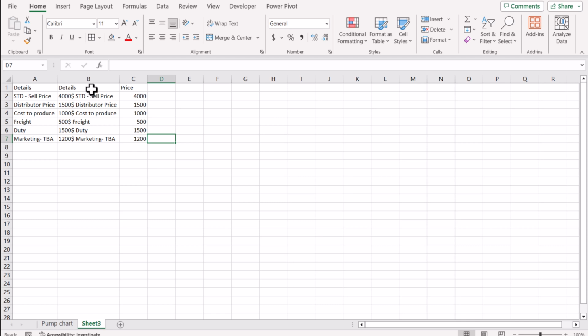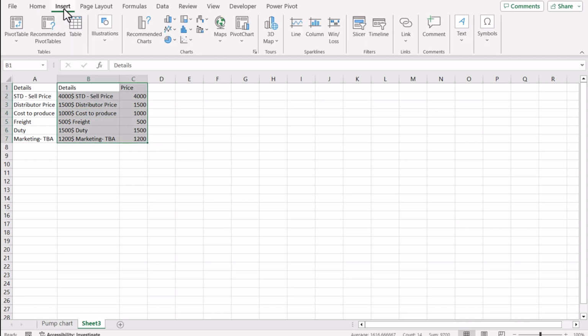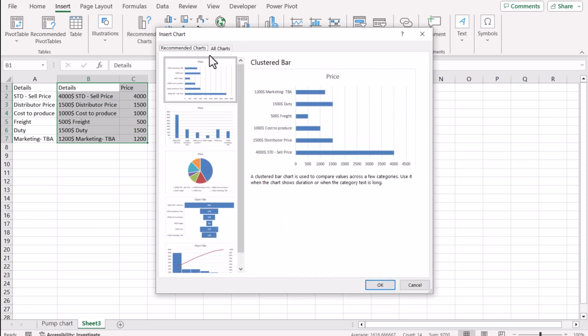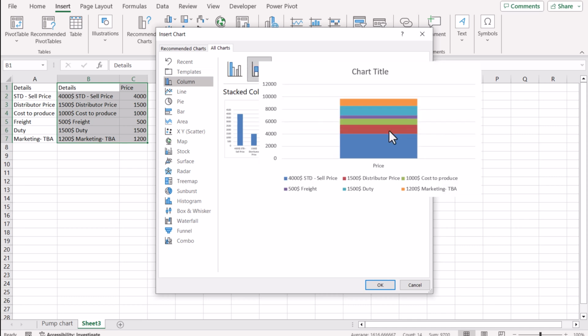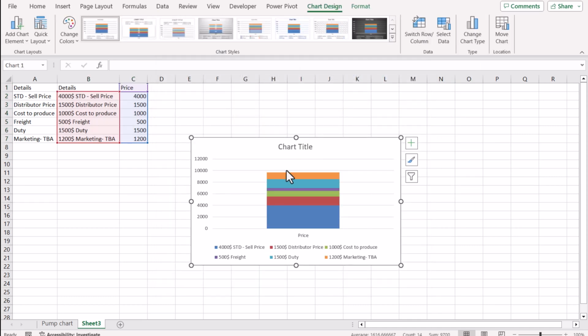the chart. We need to select all of this data sheet, go to Insert, Recommended Charts. On the recommended charts, we select All Charts, and then select the stacked column chart, select the second design, hit OK. The first thing, we need to remove all of the chart title, price, grid line, and this